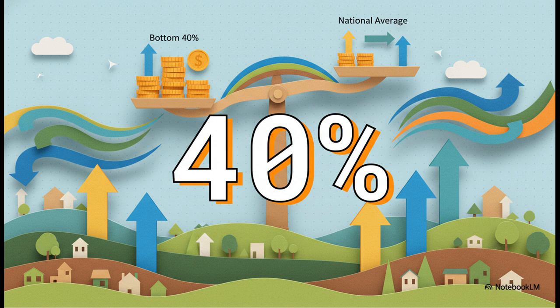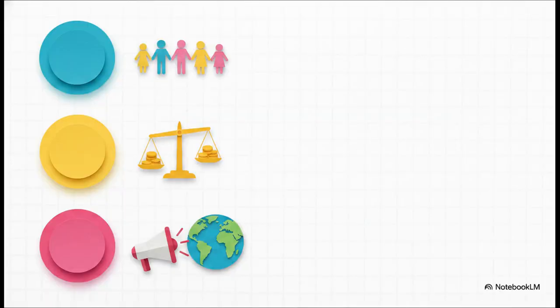Think about that. If the poorest 40% grow their wealth faster than the average, the gap between the rich and poor naturally starts to close. It's like a built-in catch-up mechanic. But hey, equality isn't just about money, right? We also have to empower the social, economic, and political inclusion of all people. This means everyone deserves a voice and a seat at the table. It means fairness irrespective of age, sex, or disability, and irrespective of race or religion. It's all about building a society where absolutely anyone can participate fully, no matter their background.